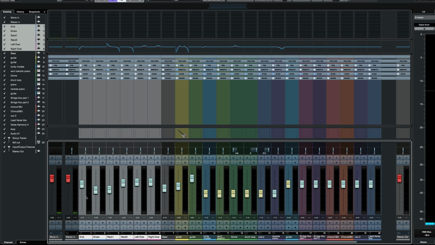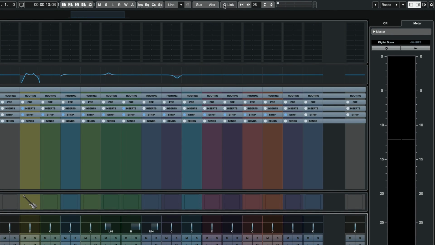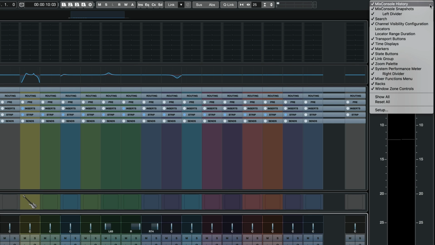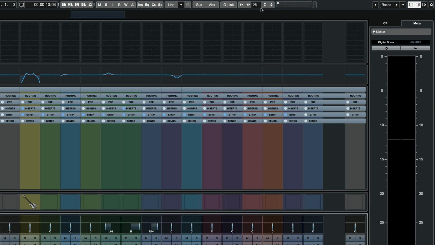So let's say this is the perfect mix for my particular drum kit. I'm really happy with it and what we want to keep in terms of drum leveling. But we want to bring everything down by 3 dB. Of course, you could do one by one and move each fader by itself, or you can use Quick Link. Now, Quick Link is up here on the top of your mixer, and if it's not showing up, then all you need to do again is go to your cog here and make sure you've got link group, and I'm going to activate Quick Link.